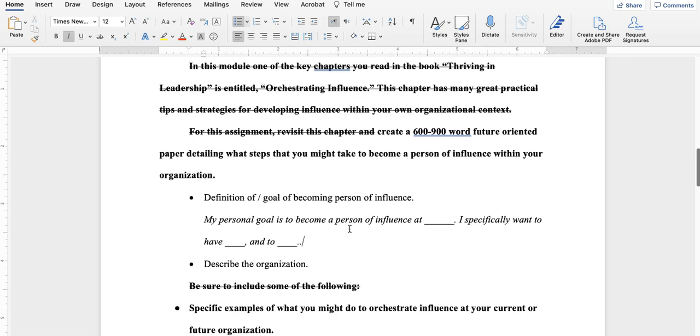Examples are helpful for grounding it. So what does influence mean? Is this your personal definition? Is it a definition from the reading? Is there a particular attraction to it? To give us some of the why.